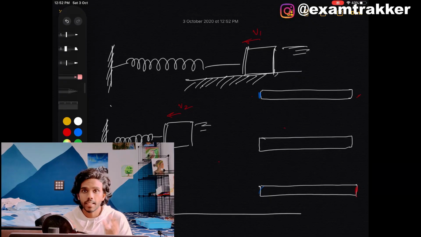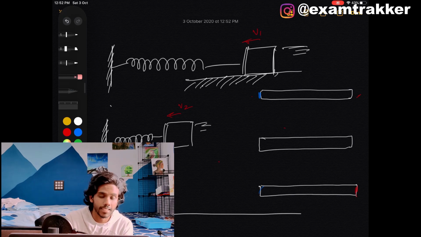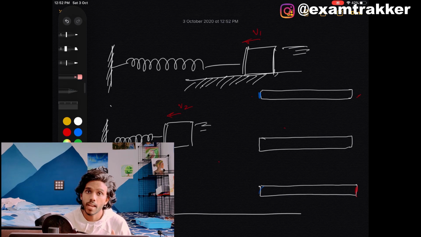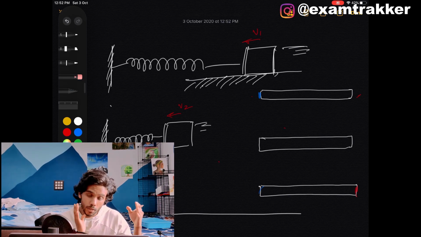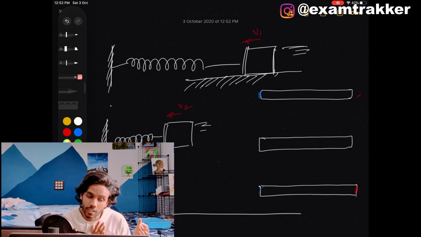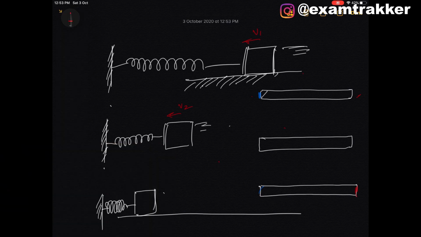Let's start with one of the most basic examples, okay? A spring block system. Now, stop looking for the internal force, stop looking for the external force, just try to completely understand that the whole thing is a single system. And when the whole thing is a single system, the total energy of the system is constant. You see 3 bars on the right side, all the bars are representing the total energies of the system.